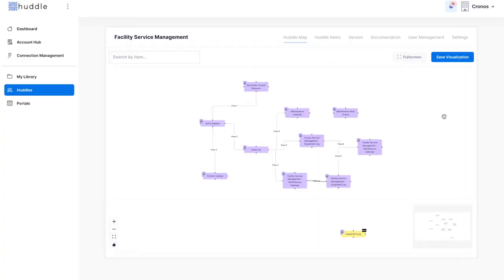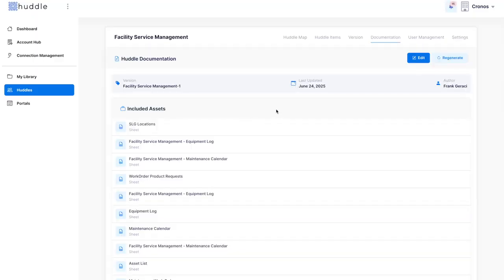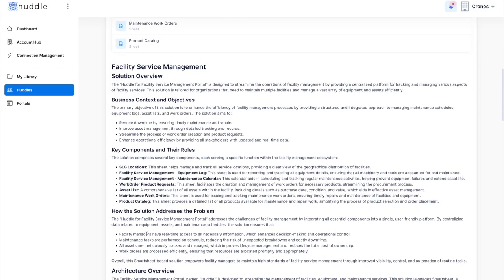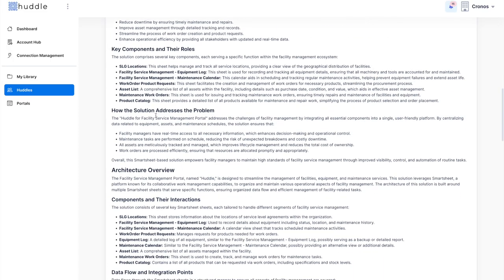So if I jump back over to documentation, you can see here that this one was created on the 24th, and it consists of all these different assets that make up my facility work order management. And it gives us a breakdown of the solution overview, provides some business context and objectives, some key components and their roles. You can see all the different assets that I selected show up here and how the solution addresses